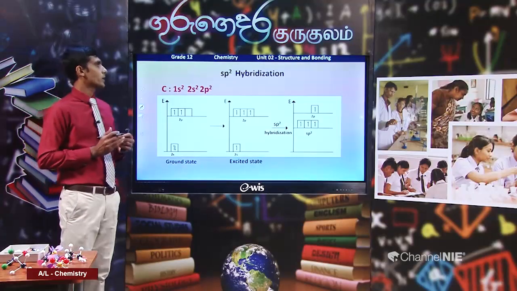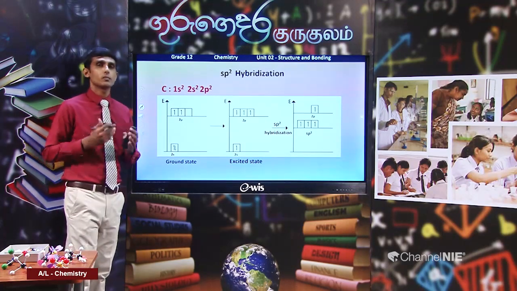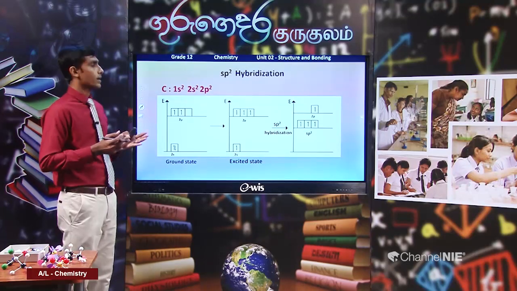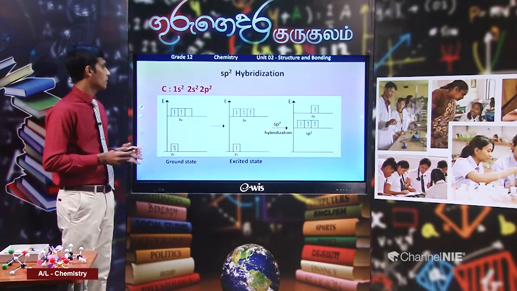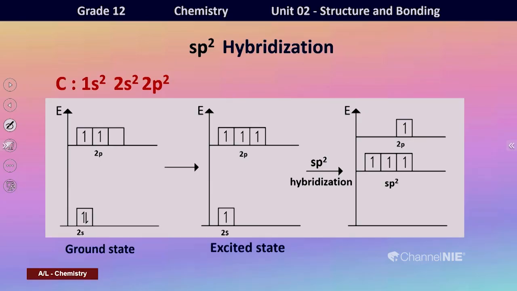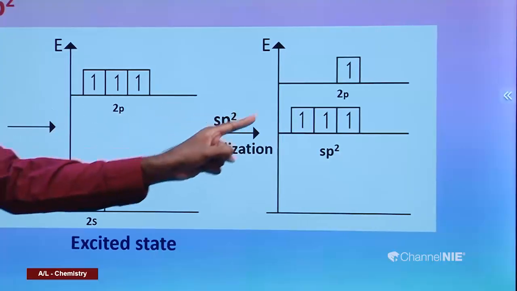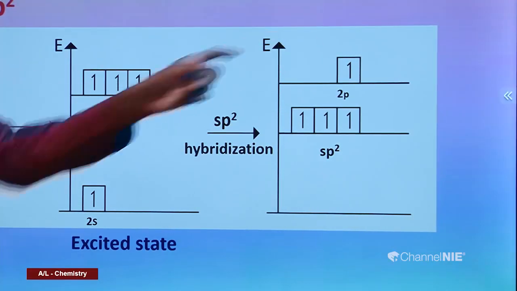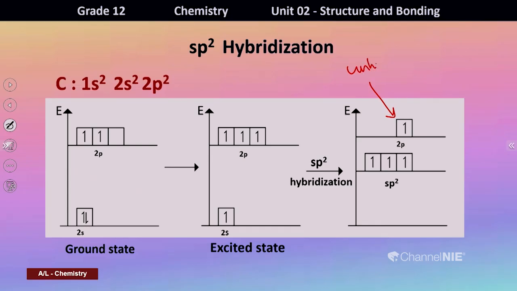Now, the next type of hybridization: when we study the compounds formed by the carbon atom, we can identify 3 types of hybridization, as I explained earlier. Now, sp2 hybridization involves mixing of 1 s orbital and 2 p orbitals. Here, of the 3 p orbitals in the sub-energy level, 2 will be involved in sp2 hybridization. Now, 3 sp2 orbitals will be there, and 1 atomic orbital, the unhybridized p orbital, will remain.